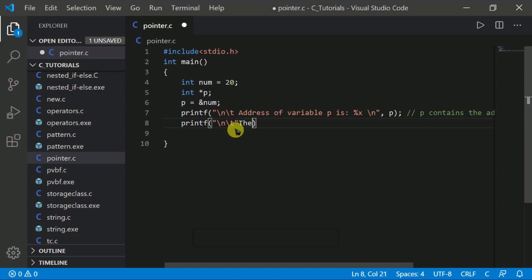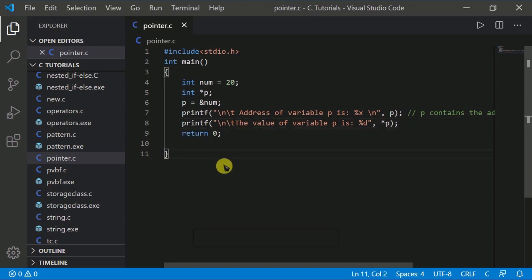After that, the value of variable p is percentage d, and print the pointer p. And after that, return 0.